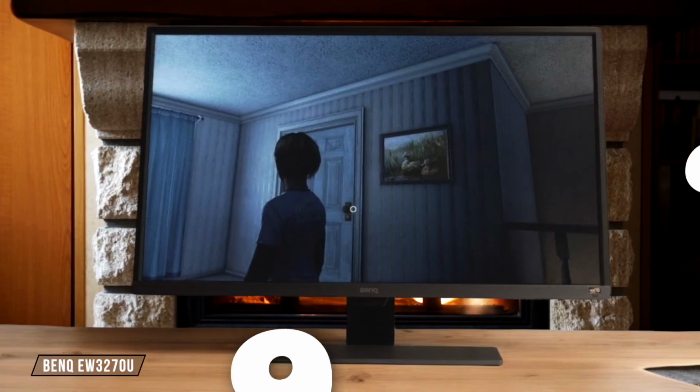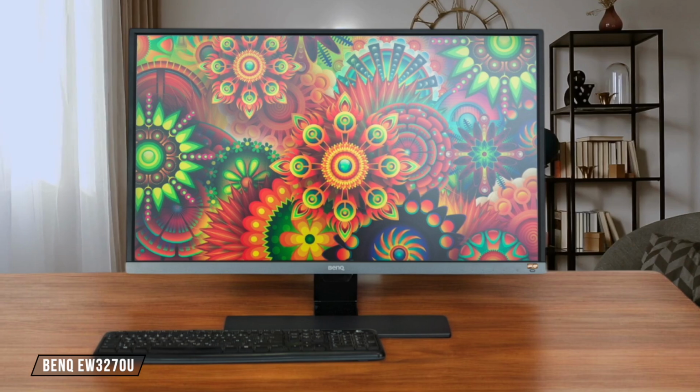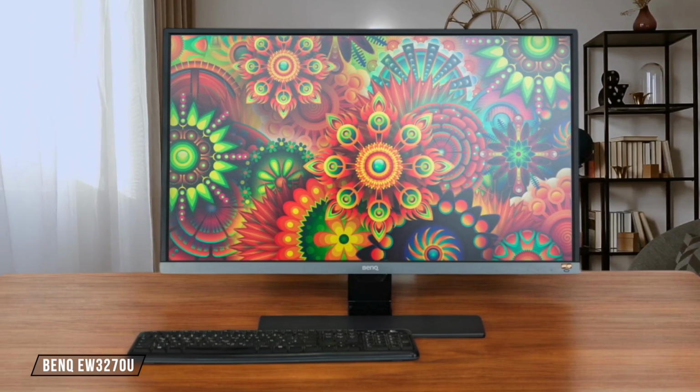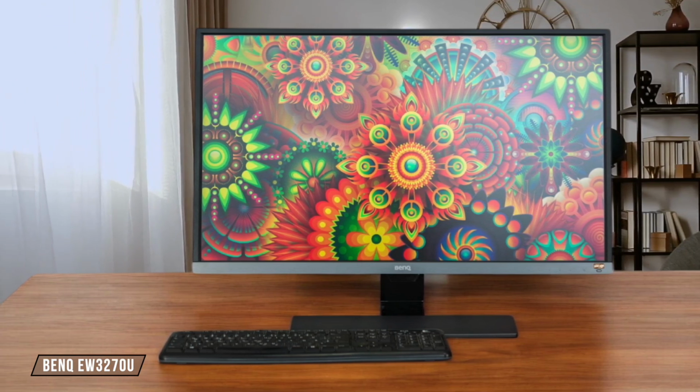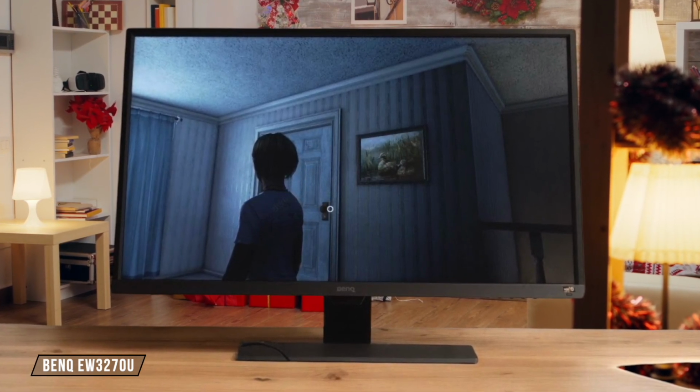The BenQ EW3270U offers 4K resolution, but is limited to 60 Hz. And while testing, I noticed some screen tearing that required AMD FreeSync to fix. The resolution is sharp for productivity, but the refresh rate feels dated compared to modern alternatives, resulting in 5 out